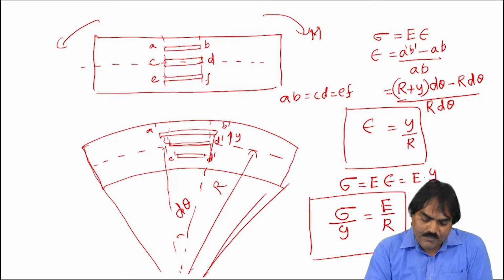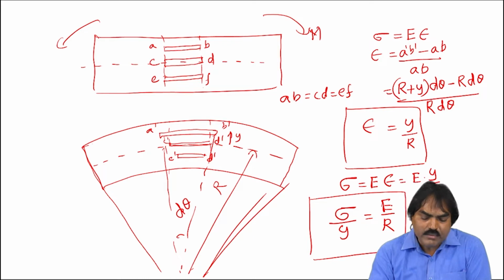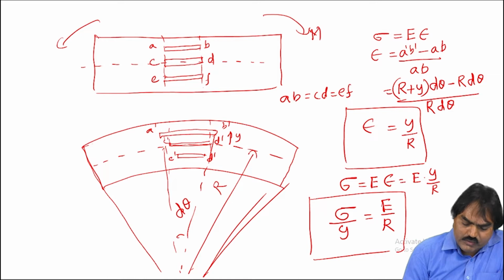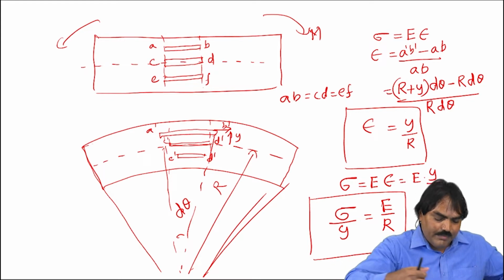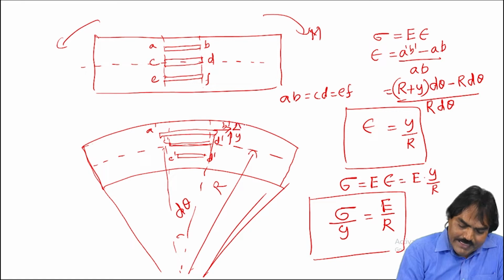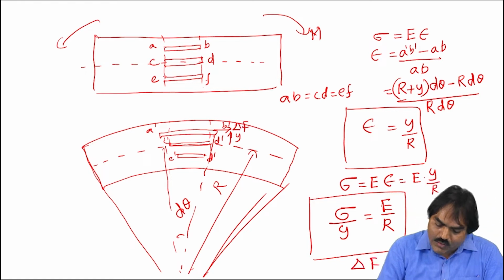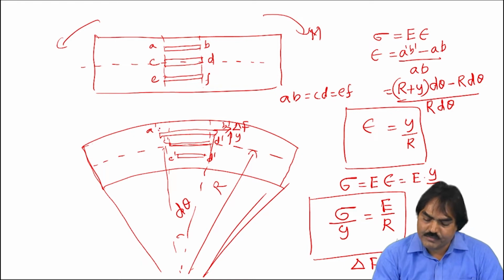This is the relation between normal stress, distance, Young's modulus, and radius of curvature. Okay. Now, when the stress is because of some elemental force, because we try to apply some elemental force on this element, so that the element will stretch to A dash B dash. Let there be an elemental force there. That elemental force delta F is equal to stress into the area, because this element,